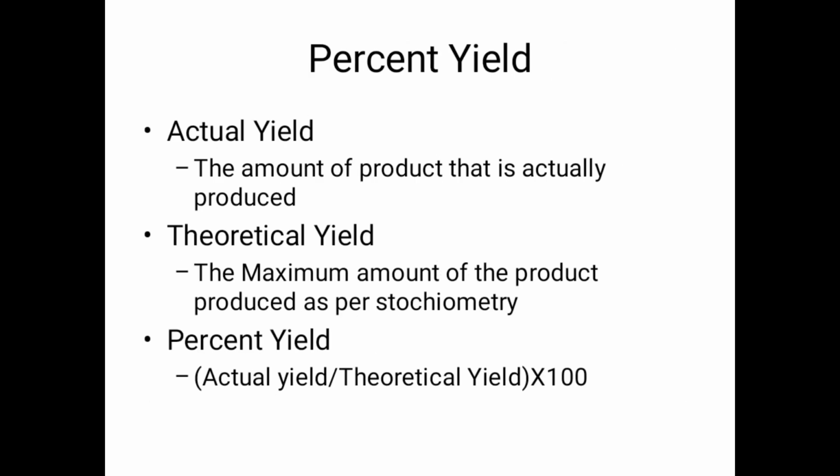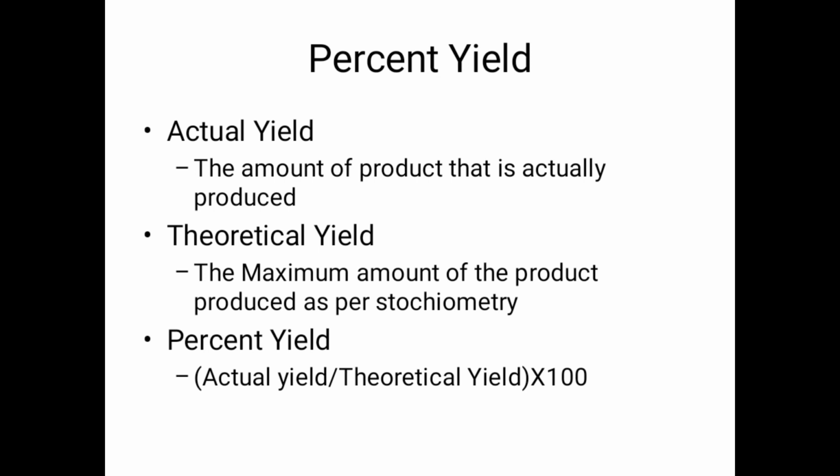Then percent yield. It can be actual yield, theoretical yield and percent yield. The actual yield means the amount of product that is actually produced. Theoretical yield means the maximum amount of the product produced as per the stoichiometry. So the stoichiometry says 100 moles of reactant is converted into 200 moles of product. This is the stoichiometry. As per stoichiometry, if you feed 100 moles of reactant, you will get 200 moles of